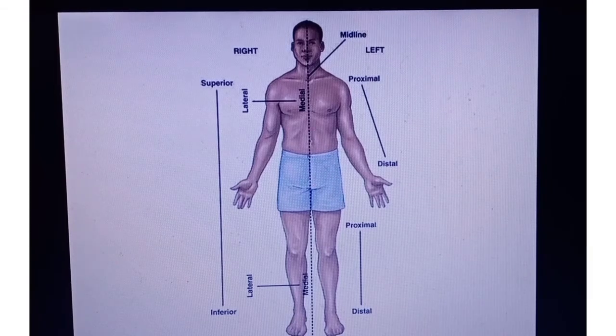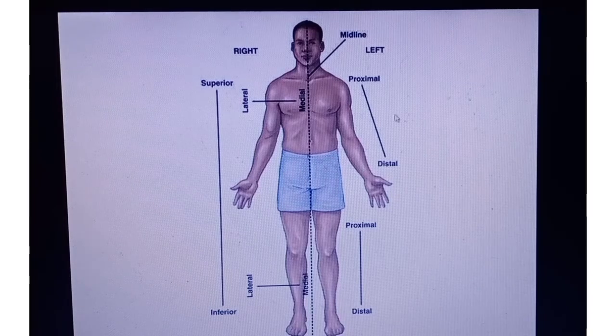Now again, we will go through each and every example. Front is your anterior. In this you can see only anterior, you can't see posterior in this diagram. Then this was medial towards the midline. Away from the midline is your lateral. Then upper part is your superior. Lower part or caudal part is your inferior. Then I told you proximal and distal. See, they have shown it in hand as well as in leg. This part is proximal because it is nearer to the trunk, your thigh part. Your leg part is farther from your trunk, so it is distal.